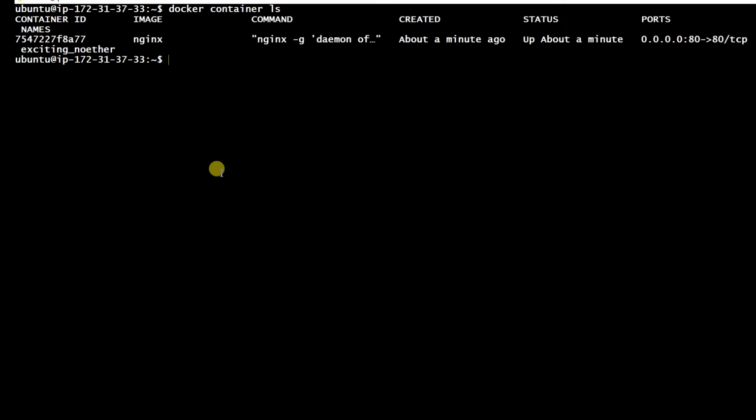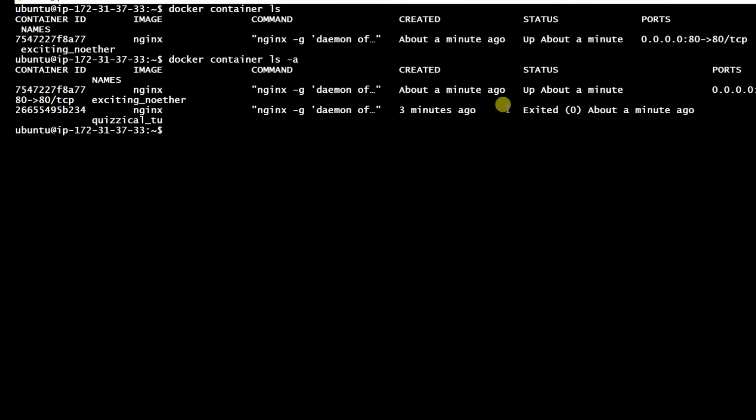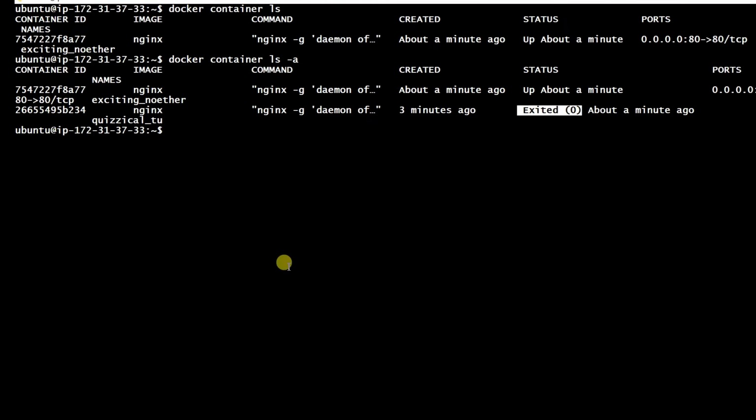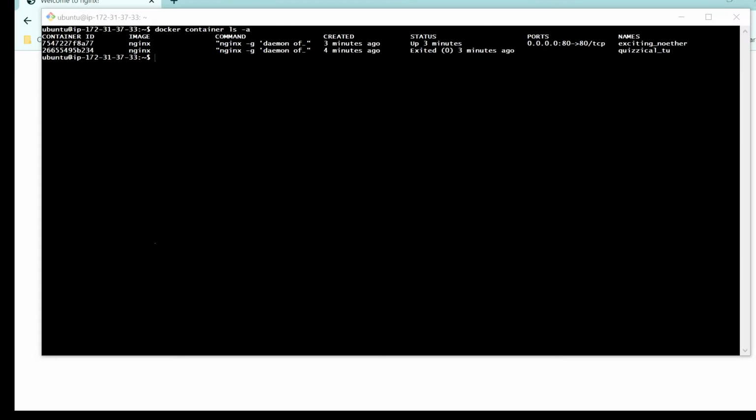but we just ran a container and exited out of it. So how do we see the container which has exited? You will do docker container ls -a, and it shows you that, hey, there was a container running, but it exited about 0 minutes ago. Now in this case, you can point out a couple of things: we have the container ID, the image name, that is nginx, the command which was run at the start of the container, the created duration, status, ports,